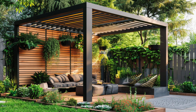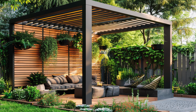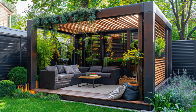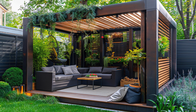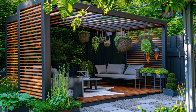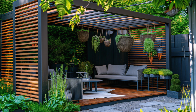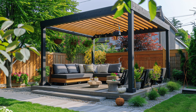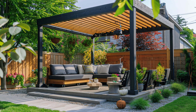A beautifully designed modern outdoor lounge area surrounded by lush greenery. The focal point is a sleek pergola with a black metal frame and wooden slatted roof, creating a balance between shade and sunlight. Underneath the pergola sits a cozy seating area with dark gray cushioned sofas and ottomans, perfect for relaxing or socializing. Hanging plants and climbing vines add a refreshing natural touch, blending the structure seamlessly into the garden